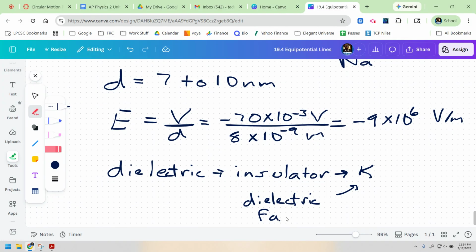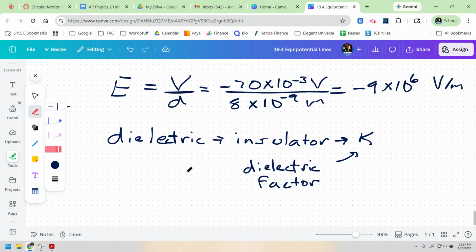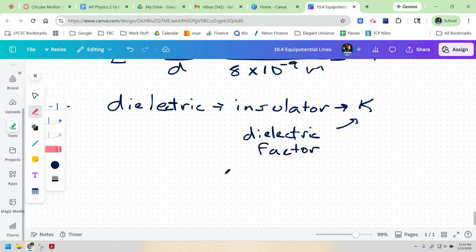So it's just a number. We measure the materials to figure out what their dielectric factor is, and it has an impact on the capacitance. So if you wanted to calculate the capacitance of a capacitor with a dielectric, then you would use this formula, which is slightly different. You would have K epsilon naught times the area over